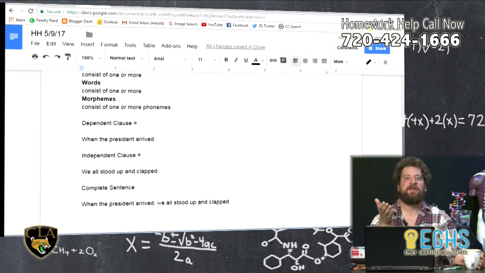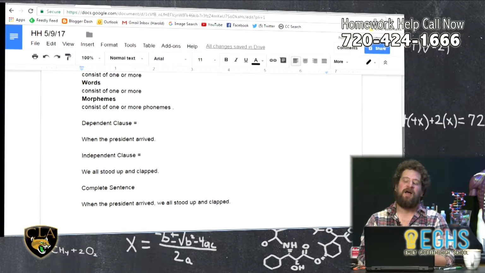Dependent and independent clauses can be joined like this using a comma. Oftentimes we also have to use a conjunction to join them together, such as and or but. But this is the main idea with dependent and independent clauses, is that we've got complete sentences in both cases,